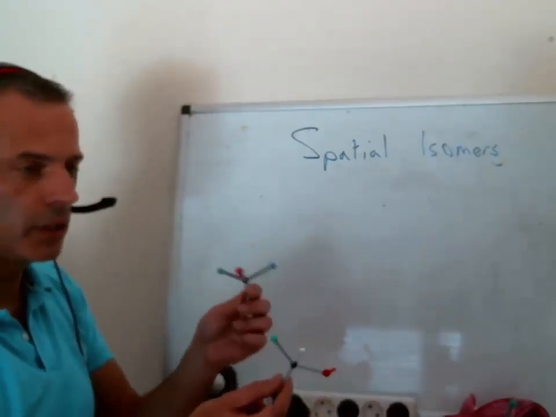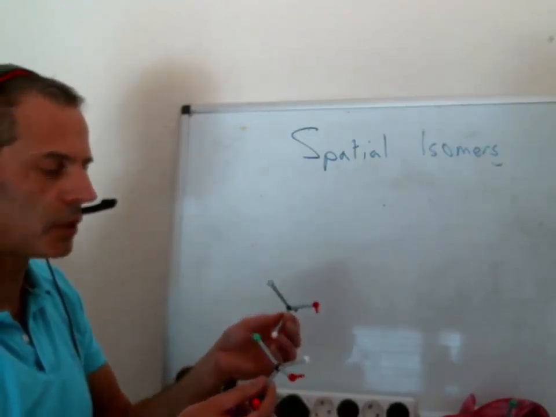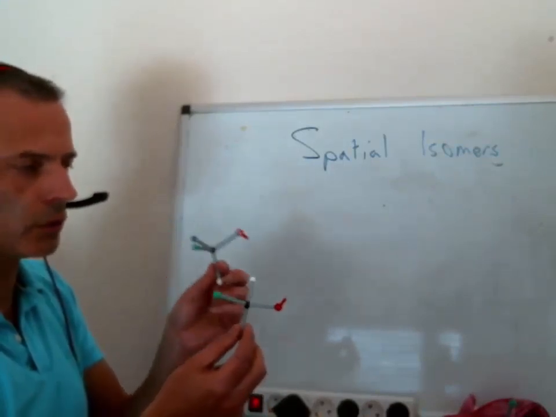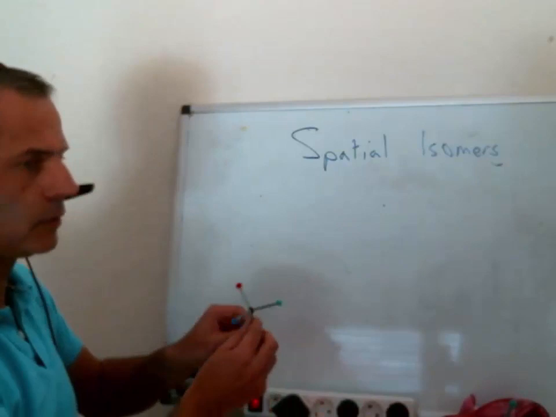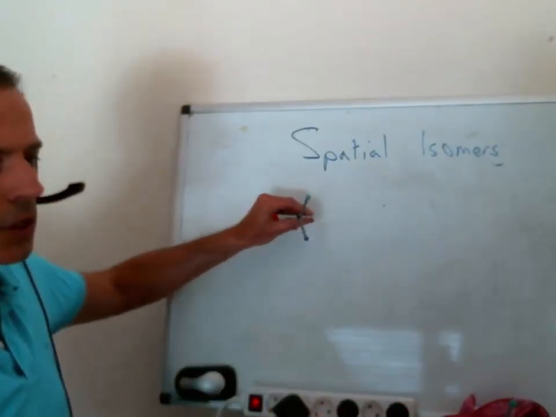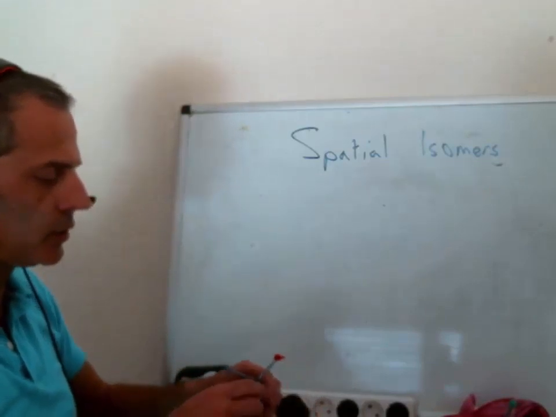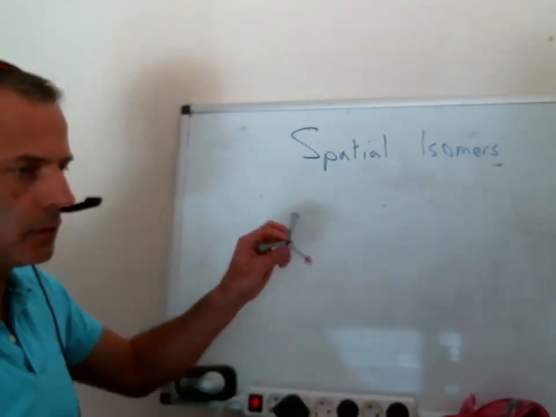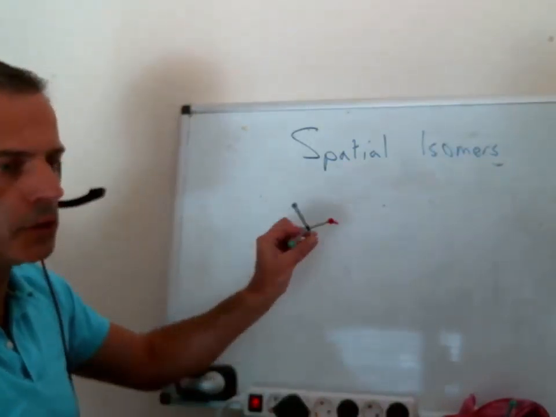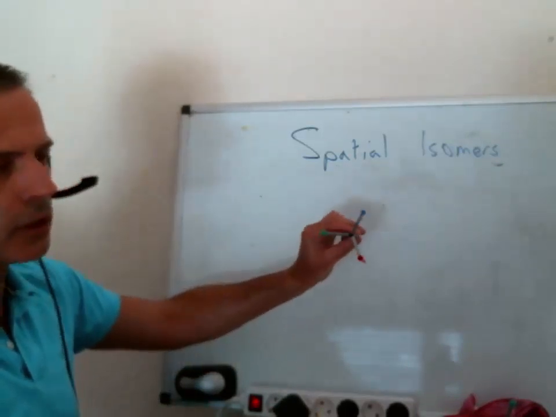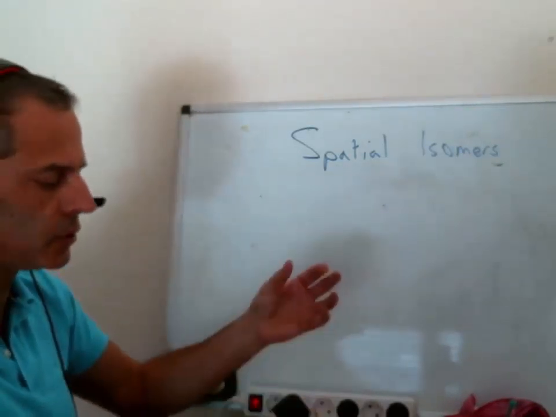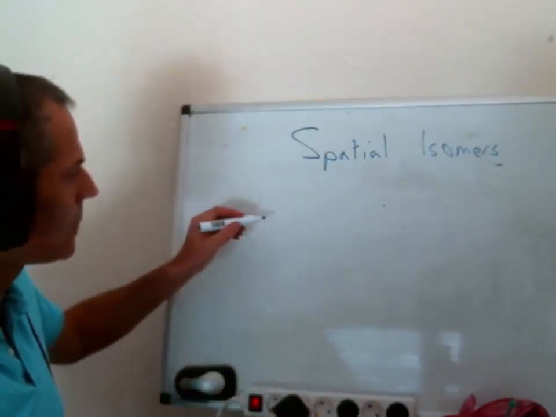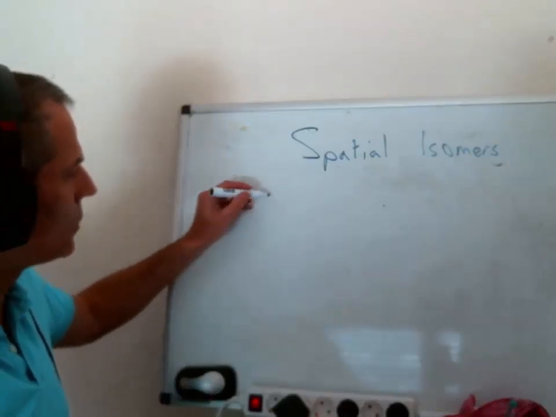Even though all of the bonds are single bonds, they're free to rotate. The only special thing about these is that there are 4 different things on the carbon. To look at this with the carbon, with the hydrogen at the back, is a relatively good way of doing it. So this type of image of a molecule with one of the hydrogens at the back is very handy for us to be able to identify which of the potential shapes we have. So if we take an example with fluorine,